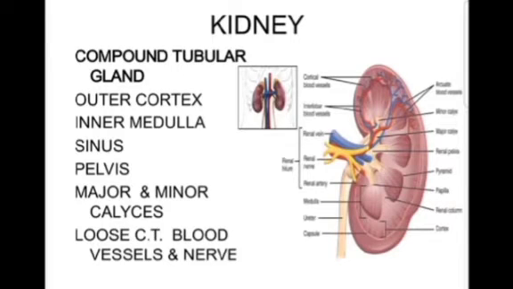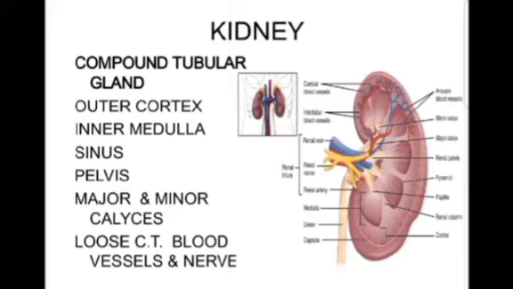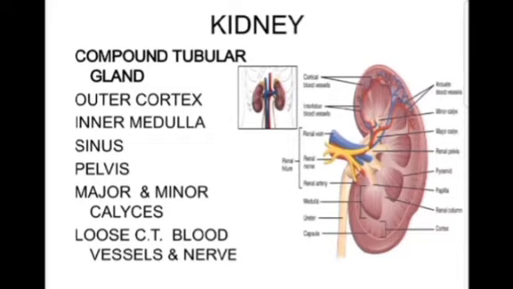On naked eye inspection of a vertical hemisection, the kidney shows an outer granular zone called the cortex and an inner zone known as the medulla. The medulla is striated. The cortex appears granular because it contains the renal corpuscles and convoluted parts of the renal tubules. The medulla gives a striated appearance because it lodges parallelly arranged blood vessels and straight parts of the renal tubules.